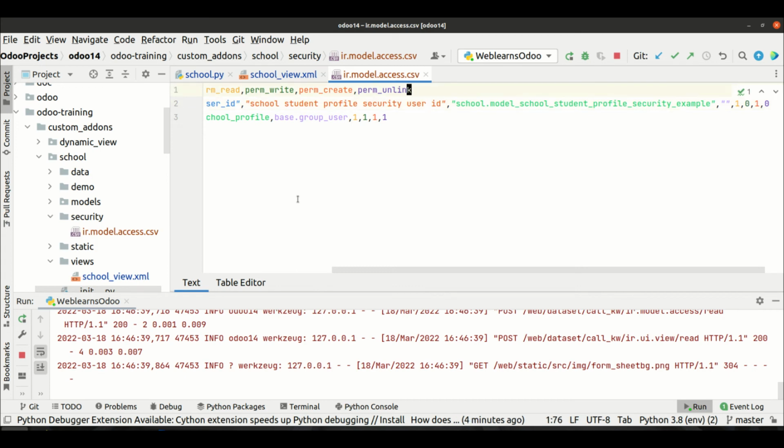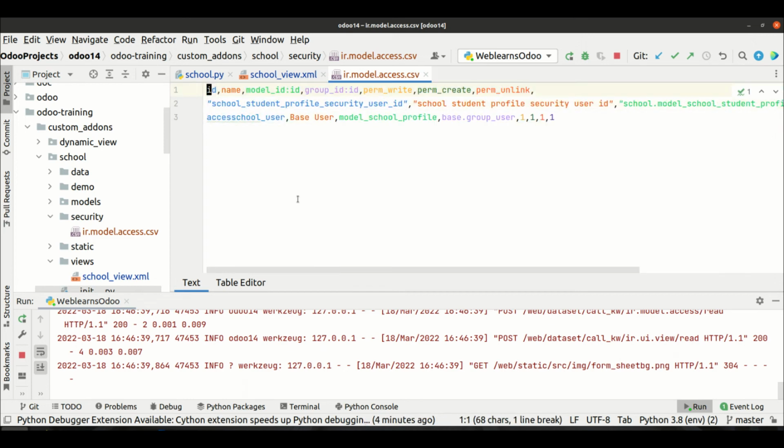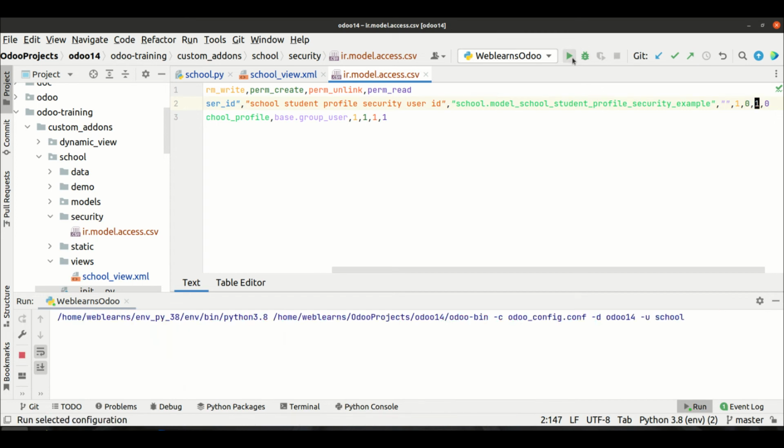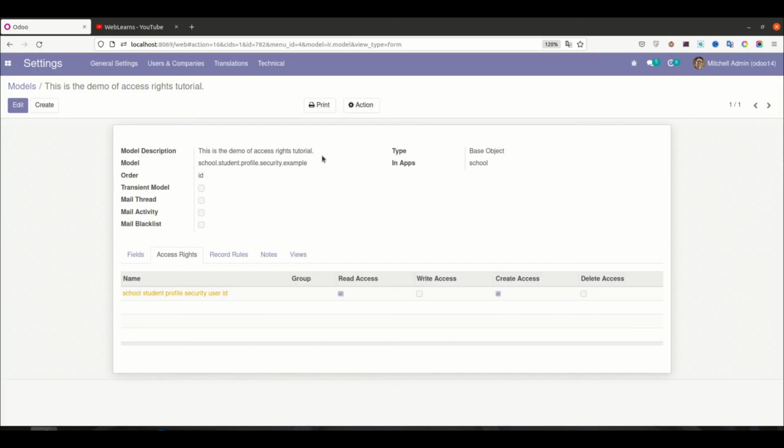And let's say by mistake the sequence is changed, that is also fine, like perm read. So here it means no read, 1 means creation is allowed, 0 means deletion is not allowed, and update is allowed. So update or create is allowed. So if I go here and try to refresh the page,